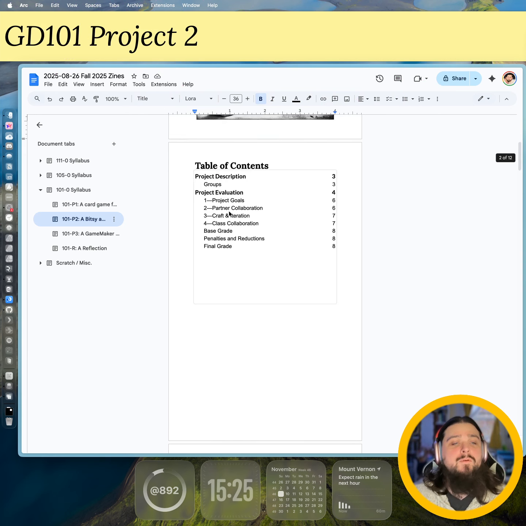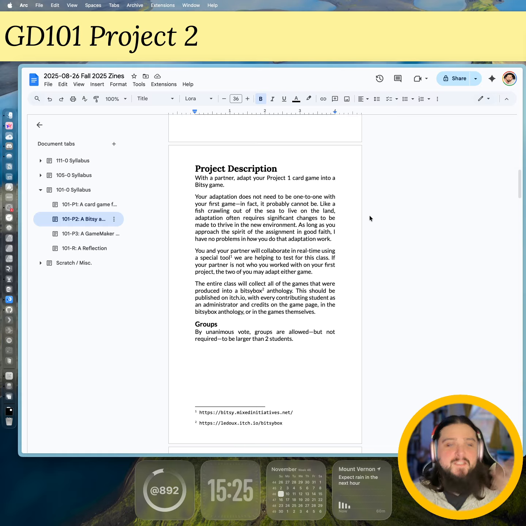Right. So briefly, this is the project description that folks had. I have been thinking about this in relation to a class that I took over the summer, because I also take classes sometimes, about adaptation, and that class is especially about video game adaptations of movies. So I made a game based on the Transformers movie during that class,